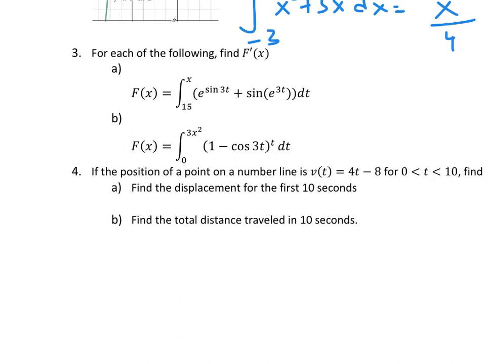We want to find f prime here. So we've got an integral function, and we want to find the derivative of an integral, and x is one of our bounds there. So all that matters is that this is a constant, and we can use FTC2. And so this is simply e to the sine of x, 3x, because it's 3 there, plus sine of e